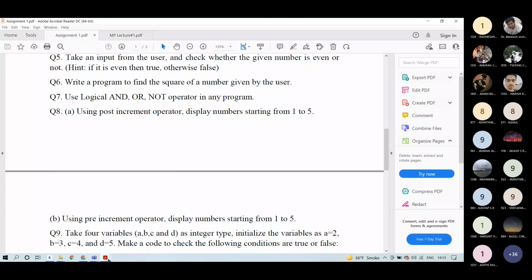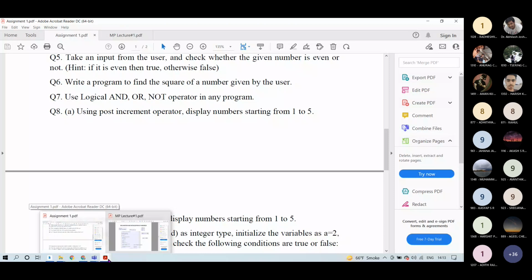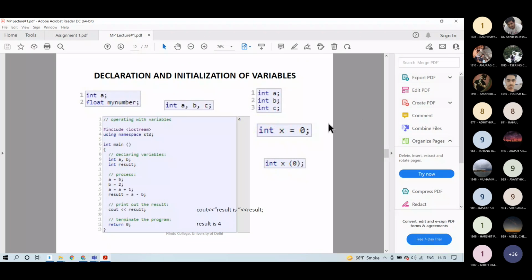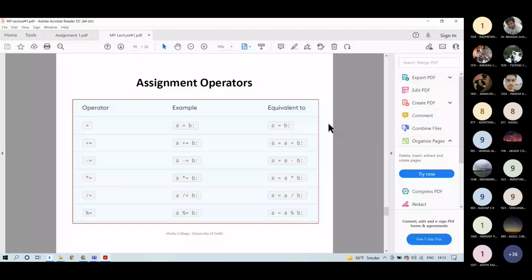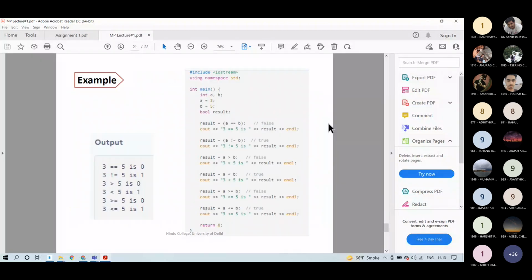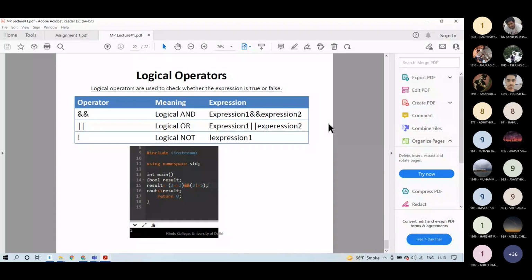I will again discuss these logical operators with you.